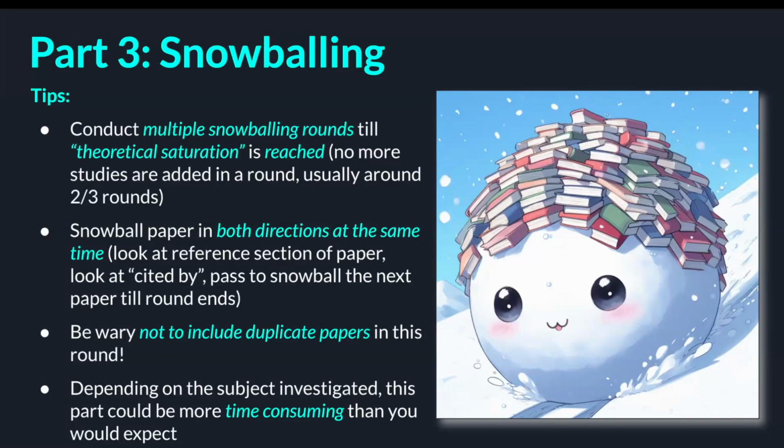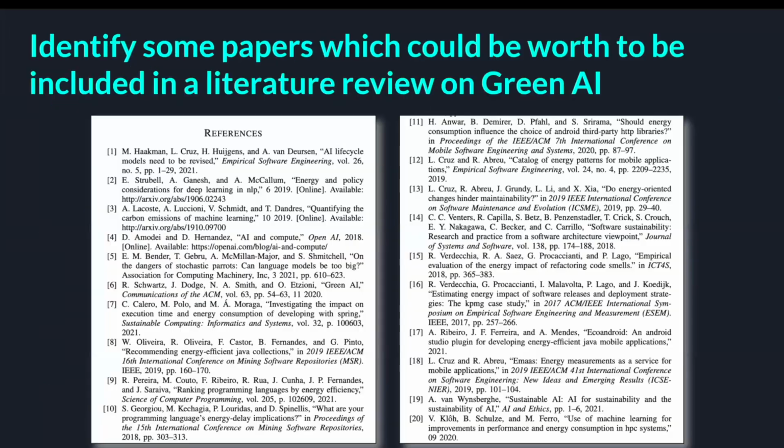In this phase, it's easy to include papers you have already included. So always make sure to check. I'm including a new primary study I found with the snowballing. Do I have it already in my primary study list? Use Control F on your sheet where you have all the hits and look if it's already there. And this might be very time consuming. So again, if you're doing a systematic literature review and you find a high number, you want to talk with your supervisor.